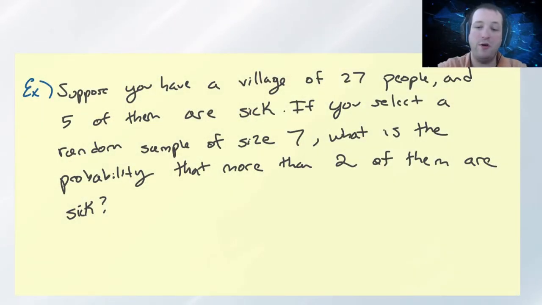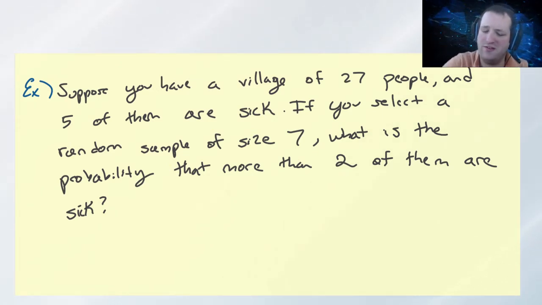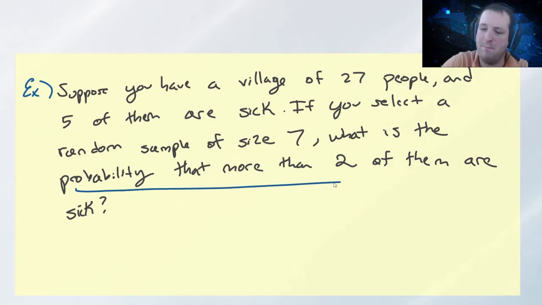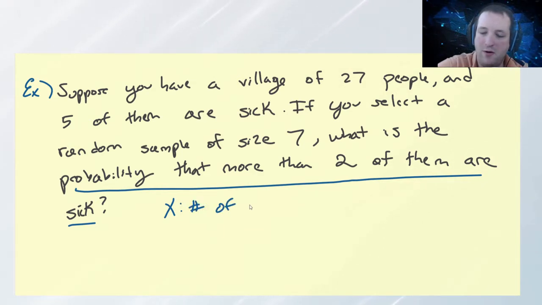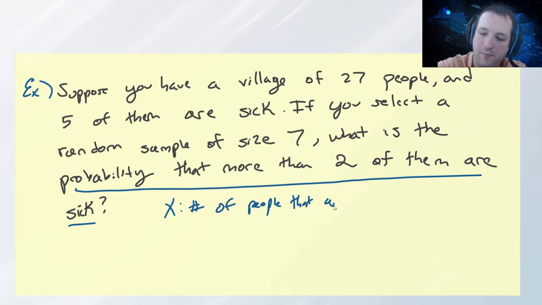All right, suppose you have a village of 27 people and you know that 5 of them are sick. Let us assume you select a simple random sample of size 7 from that village. What is the probability that more than 2 of them are sick? So if we focus on this last term, clearly, we're defining x to be the random variable of the number of people that are sick in our sample,